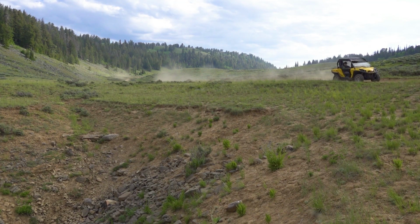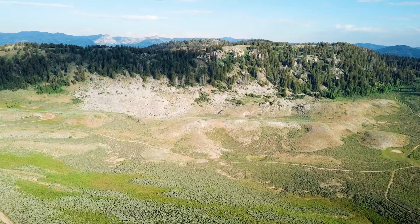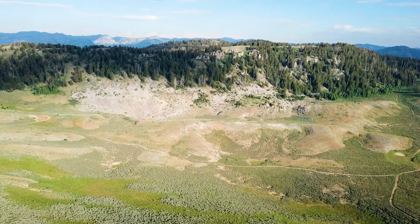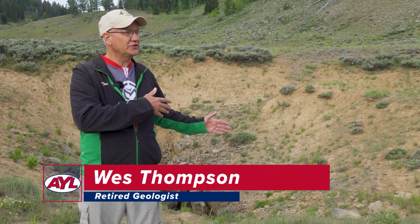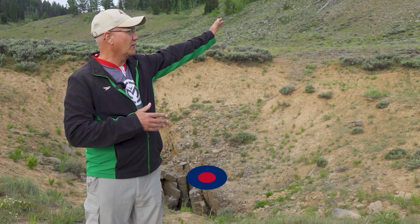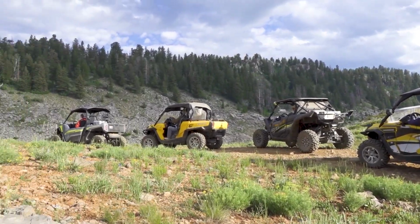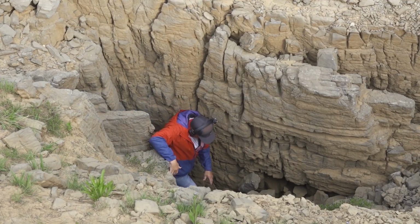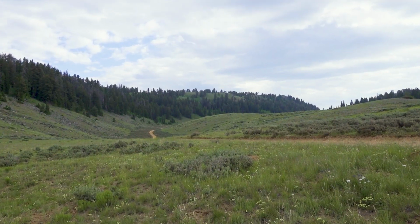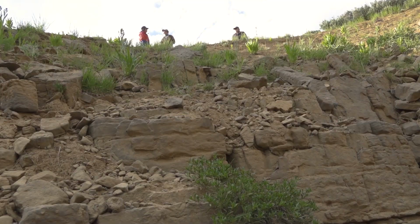We're here in Peter Sinks up Logan Canyon, and the geologic formations we're in right now are the Bloomington Formation, and that's in this area right here, and the sinkhole is part of the Bloomington Formation. And these hills here are called the Blacksmith Dolomite, and they're both Middle Cambrian in age, which means they're about 500 million years old. The Bloomington Formation is interbedded limestone and shales, and the limestones have dissolved and created these